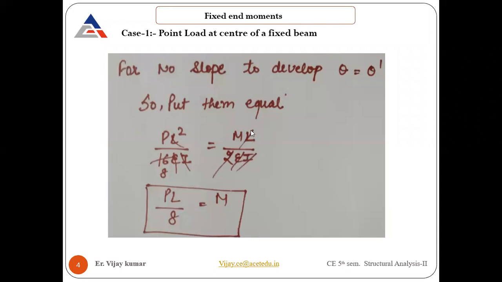In that case, do not do all the work that we just did in this particular problem. This is a way to understand basically. That's why I just bring it. Otherwise, you can directly equate them and you will get the value of moment that we require in the case of a fixed beam having a center load at midpoint. In that case, the value comes M is equal to PL by 8.